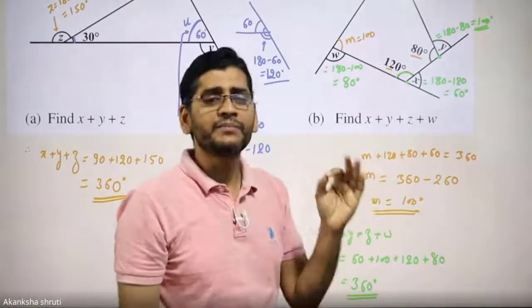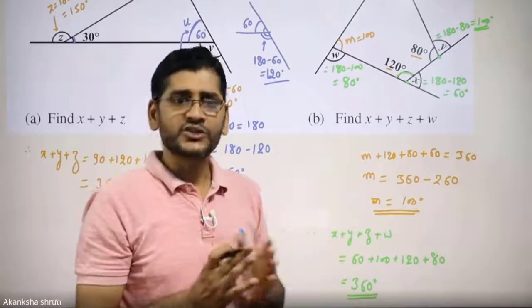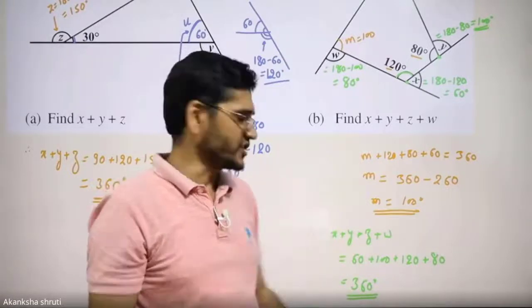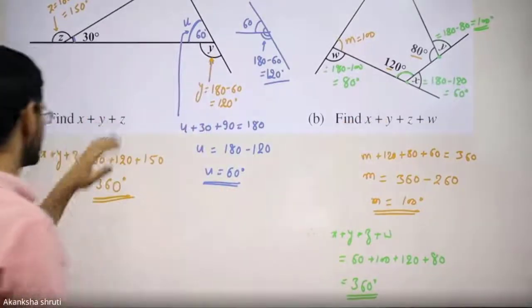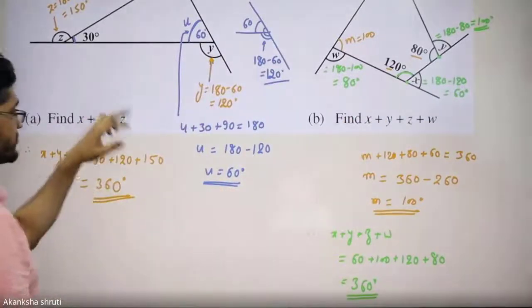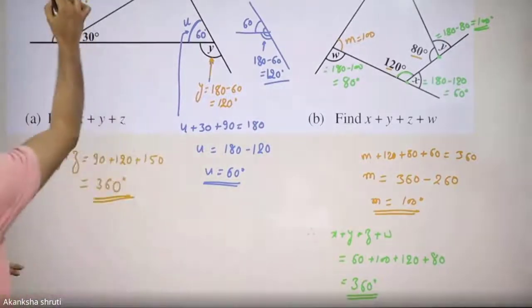Okay, students, if it is asked in your MCQs, then there is no need to calculate and add. Directly remembering the concept that the sum of all the external angles of a polygon is 360 degrees, you will always get 360, whether it is for the triangle, quadrilateral, pentagon, or even the hexagon.